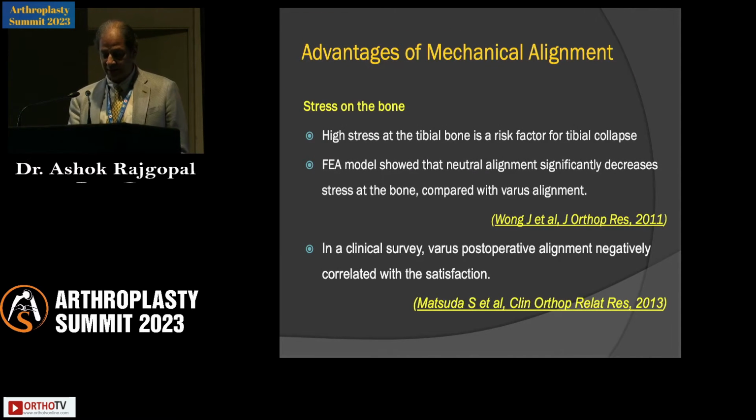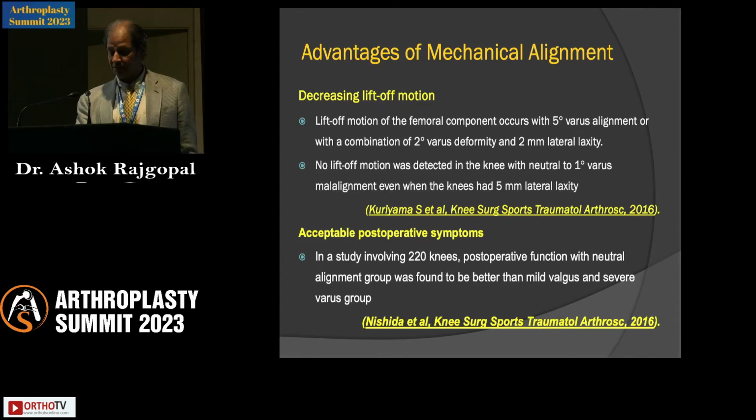But you look at the advantages that were purported as far back, almost 10 years, 12 years ago. High stresses is a risk factor. FEA model shows that neutral alignment has significantly less bone stresses, whereas post-operatively it negatively correlates with satisfaction. This is 2011 and 13, and some of you might argue, oh, this is archaic. It doesn't really work. So when we look at the mechanical alignment, again, and now we have more conforming articulation,